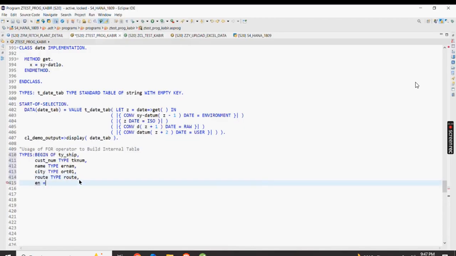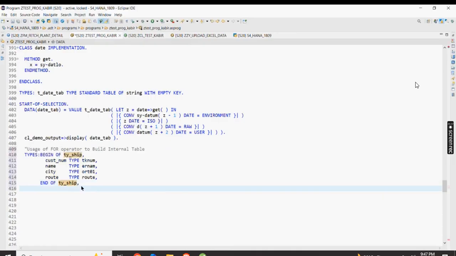Now end of ty_ship, and then let me create tt_ship type. We have always been creating standard table of, let's create sorted table of ty_ship with unique key cust_num. Okay,